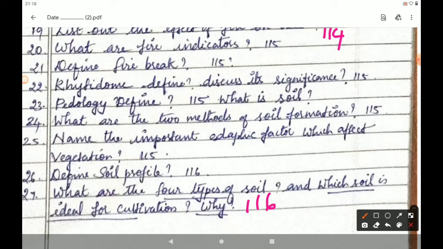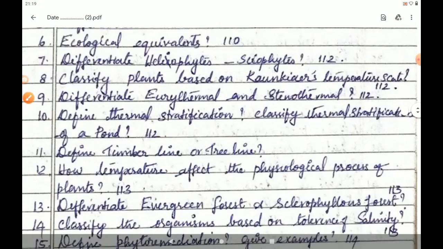Students, so far we have discussed 27 questions of this lesson. I think more than 80 questions are there. Out of the 80 questions, 27 questions we discussed in this class. The rest of the questions we will discuss